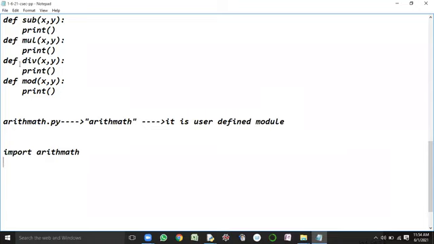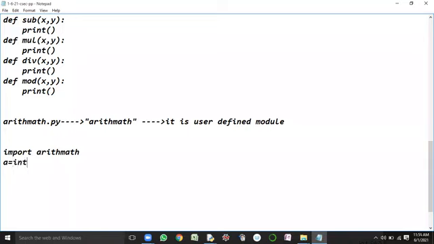If you see the functionalities defined inside arithmath.py, all these functions require inputs, right? How many inputs? Two inputs are needed. So I will read two values from the end user. For that, we need the input function.